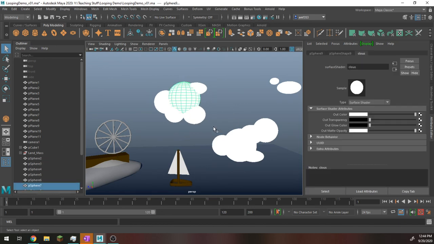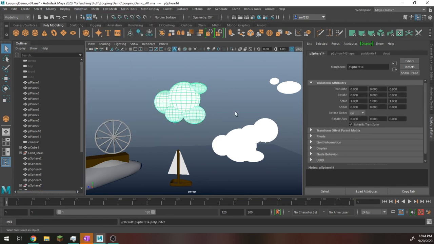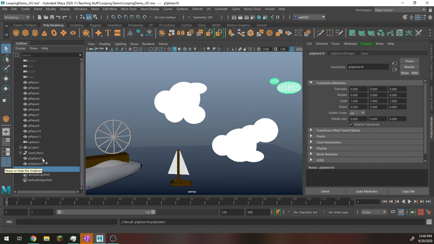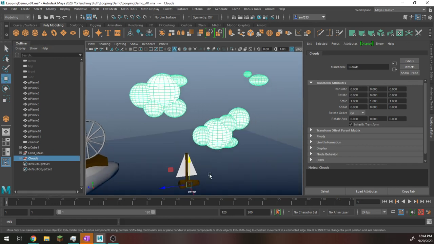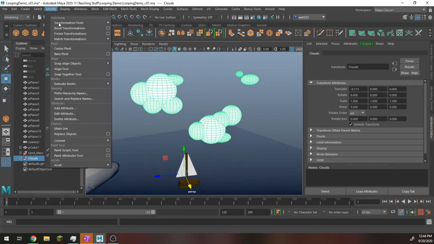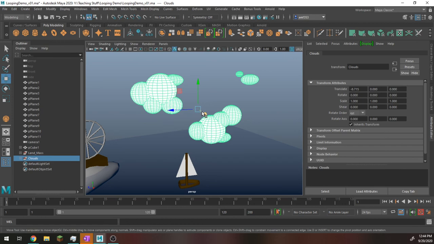So, I'm going to go ahead and just, again, mesh combine these, delete history. So I'm using G to repeat the last command, which in this case was mesh combine, and Alt-Shift-D again to get rid of the history. So I'm going to go ahead and group those, clouds, and I will move them somewhere less stupid. So I'm going to do modify, center pivot,